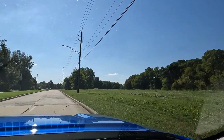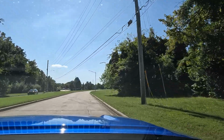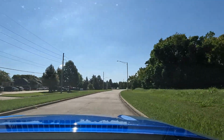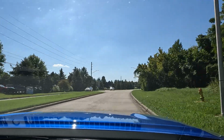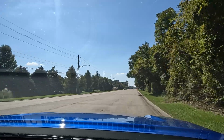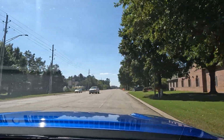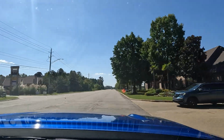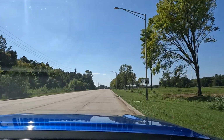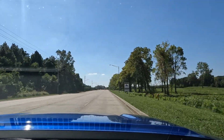In my estimation for what it is, I think the ride quality is good. I think it's acceptable. It is a truck. And for those who always leave the "it's not a truck" comment on the Ridgeline videos, well, you'll probably enjoy driving this one a lot more. It is a lot more truck-like in a multitude of ways. And so, depending on who you are, I'm not trying to badmouth the Ridgeline, but I know for some people out there, it's just not what they're looking for. This may be a little more along those lines as far as a more traditional truck goes, but it is